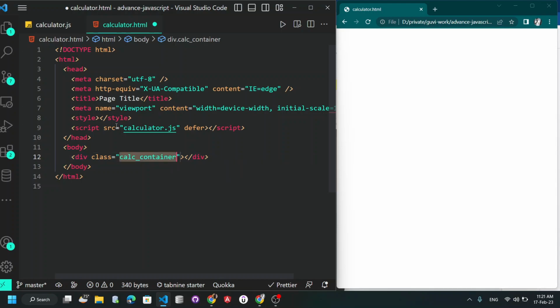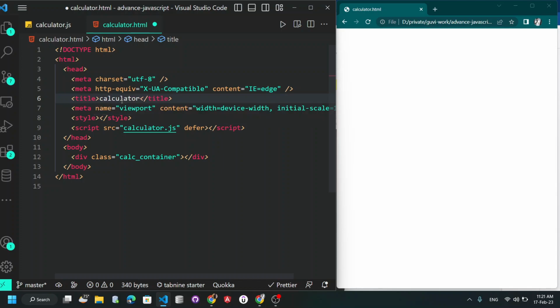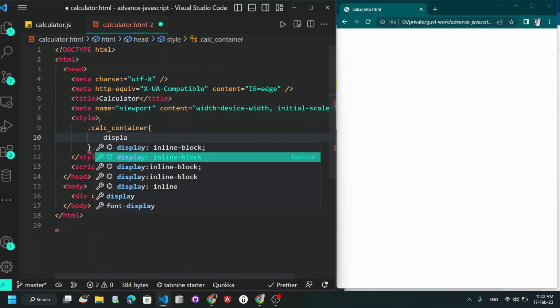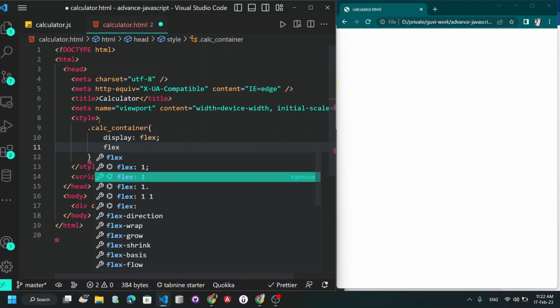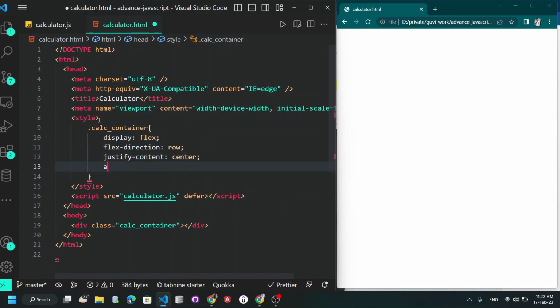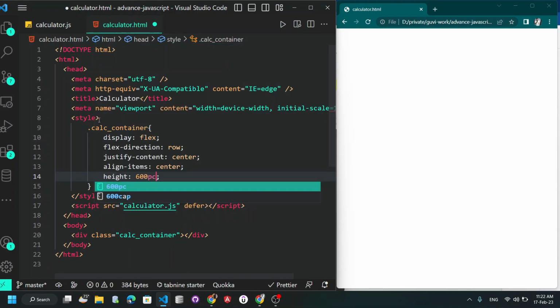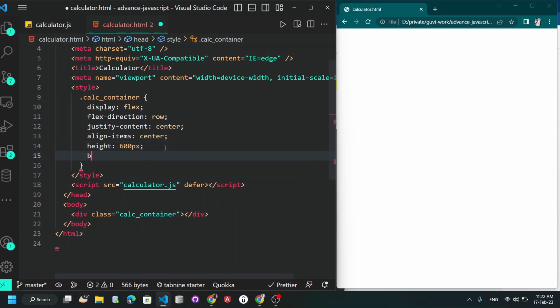calculator.js. Everything is fine. Now inside this, I am going to have a div, which has the class of cal container, like this. Let's save this, and the title will be Calculator with a capital C. Save this, and now in the styles, I want to do a display flex